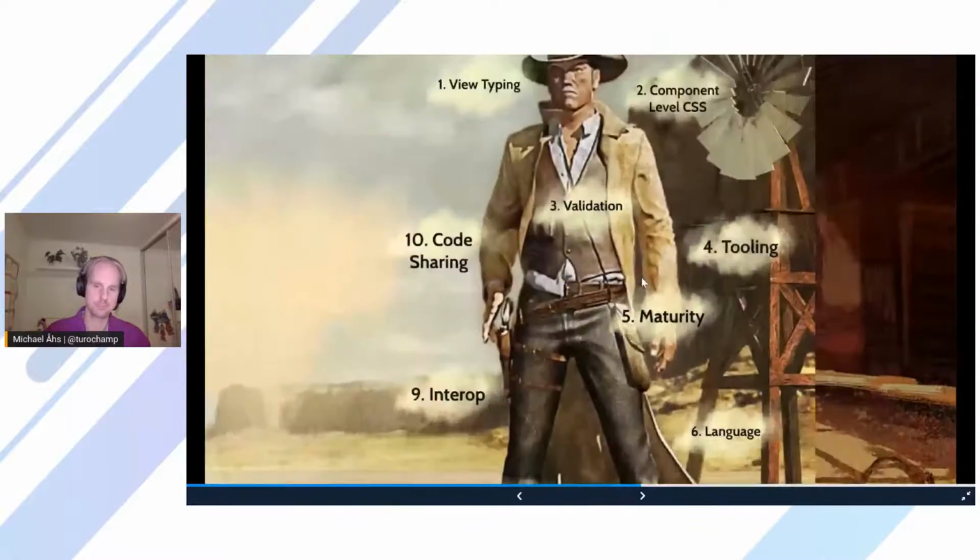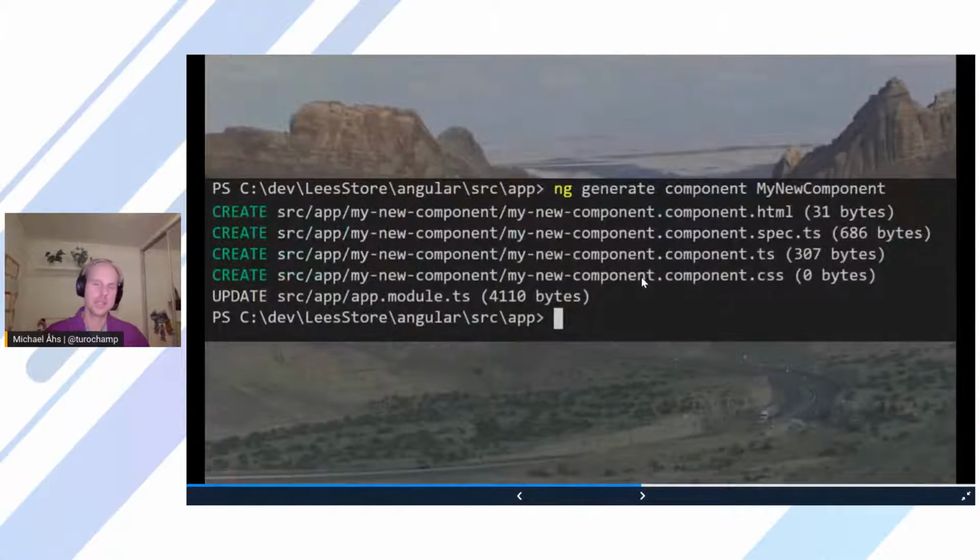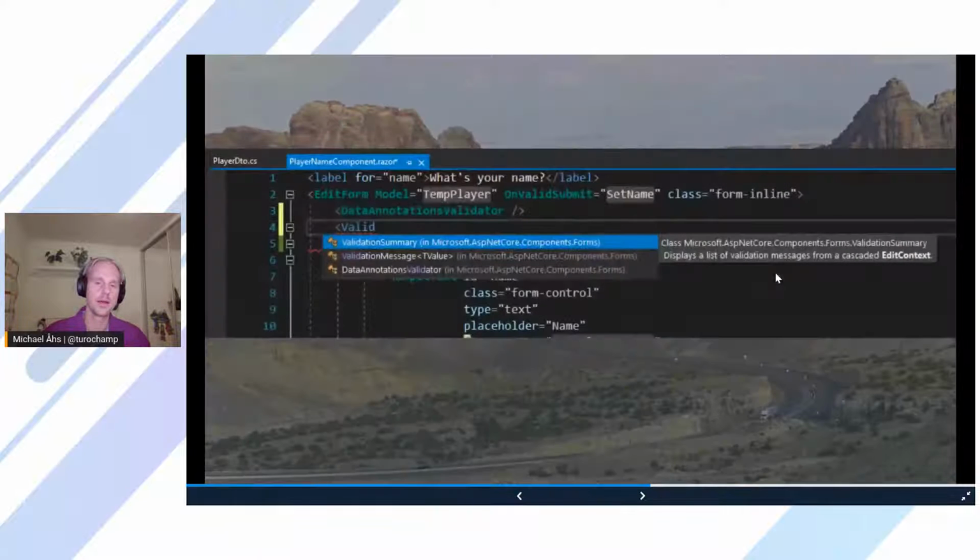Let's move on to tooling. In tooling, Angular's winning this one, I've got to say. We have the ng generate component, which is a really good experience when you're creating a new component. You get everything you need, you get started, you get running. It's all really well. In the world of Blazor, as a developer, you many times stay within the IDE,